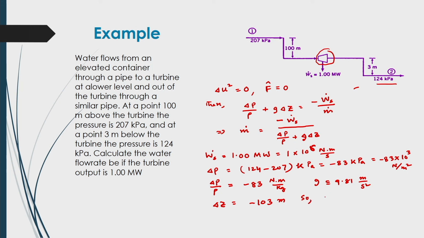So, we can calculate G into delta Z as here finally, 9.81 into minus 103, this will be equal to minus 1010 Newton meter per kg, and then after substitution of those values in the equation,